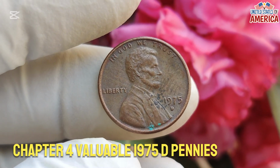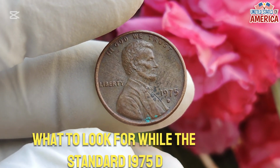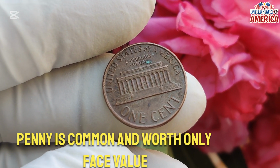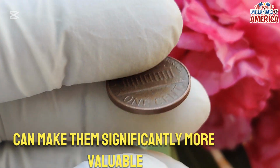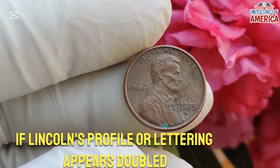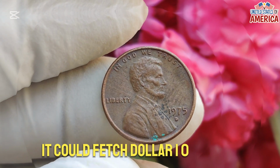Chapter 4: Valuable 1975 D pennies, what to look for. While the standard 1975 D penny is common and worth only face value, certain variations and minting errors can make them significantly more valuable. Here's what you should check for. Double die obverse, DDO: if Lincoln's profile or lettering appears doubled, it could fetch $1,000